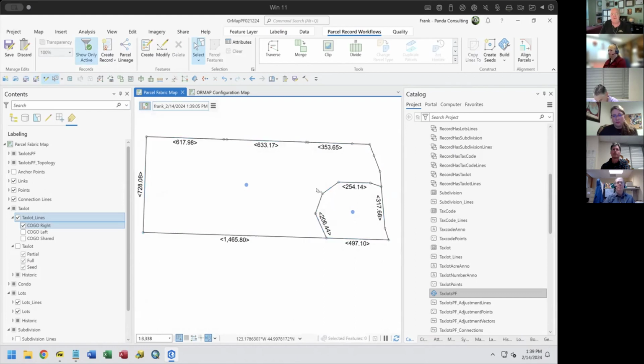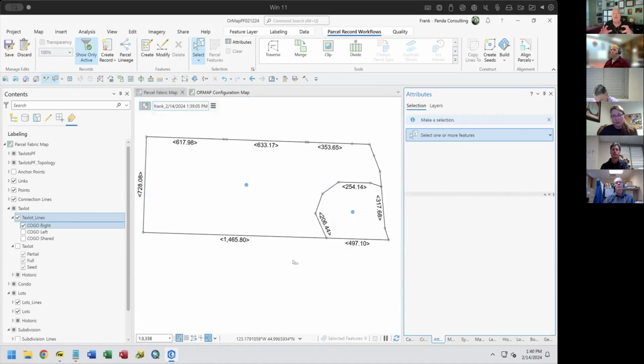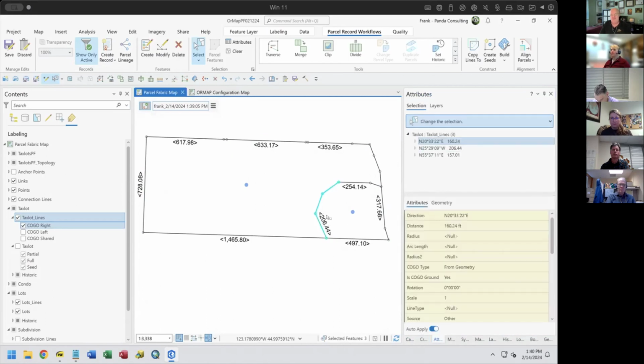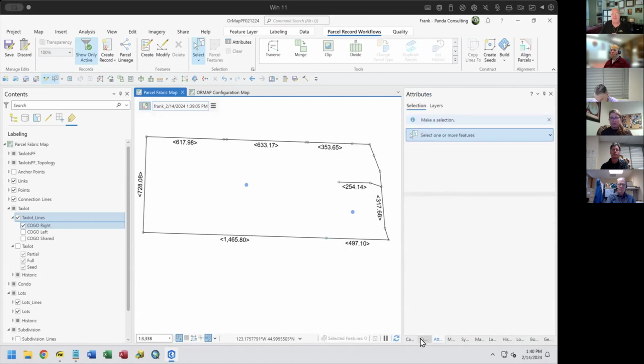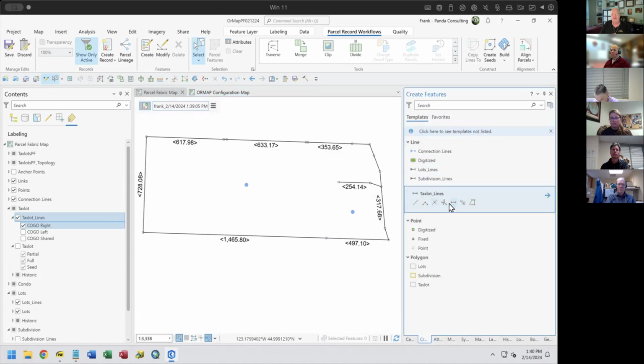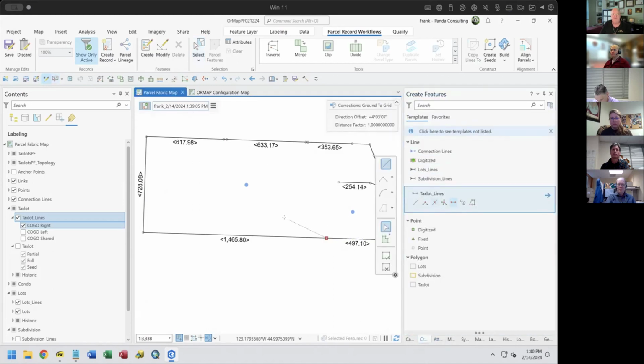If I go and unselect this, I have the lines all selected in here. All right, and now I can perform either a split or a boundary line adjustment on here. There's a lot of things I could do here. Basically, when you're doing it onto the same layer, it's an opportunity to reconfigure the boundaries either between them or here. So let's just illustrate this. I take these lines and I delete them. And I have an active record, so it's tracking what I'm doing. And I create a new set of lines